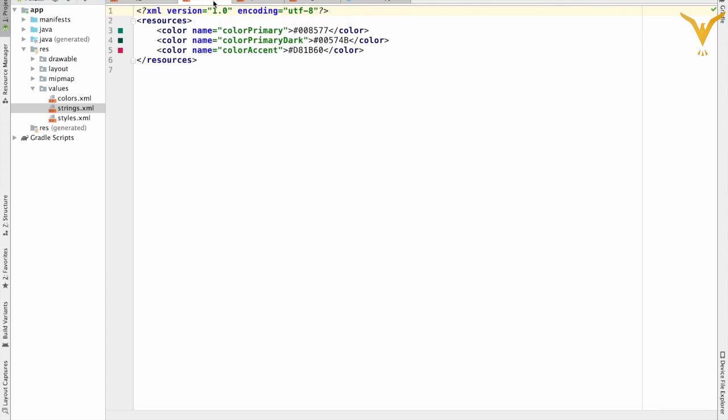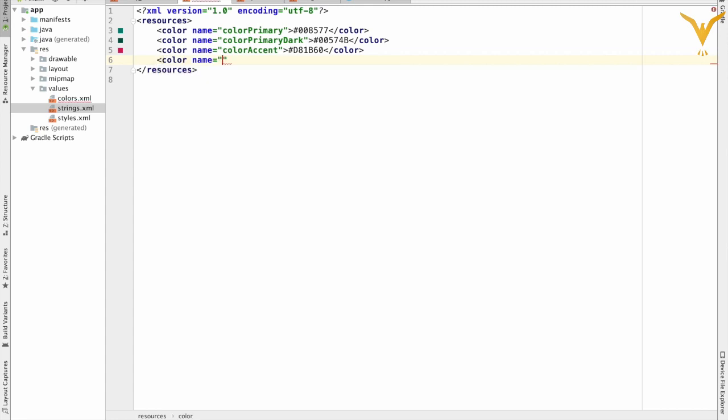So first we will check the colors. Here you can specify the colors with their hexadecimal values. Here you will find colors with name and its hexadecimal values. So here we can define n number of colors.